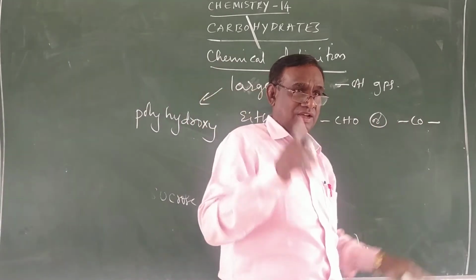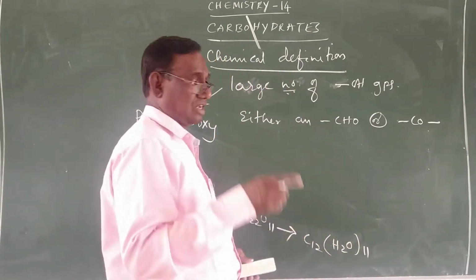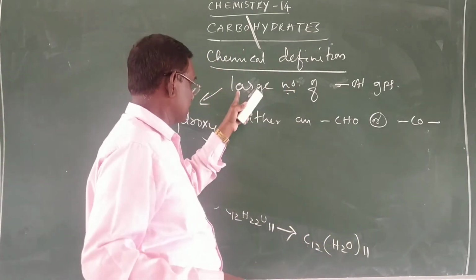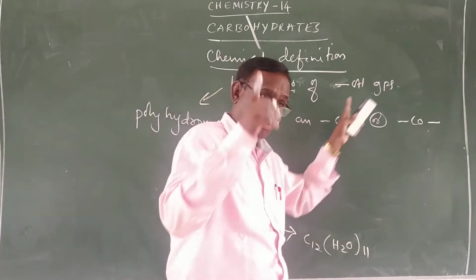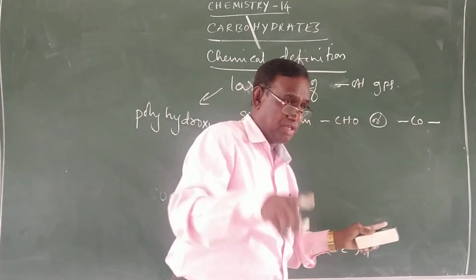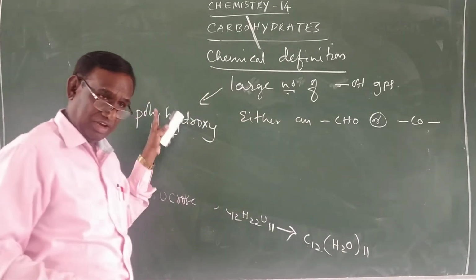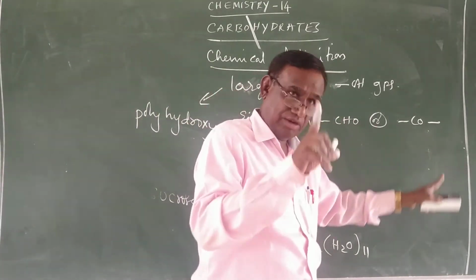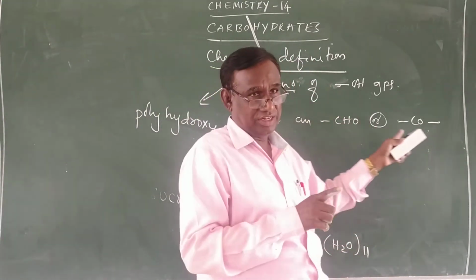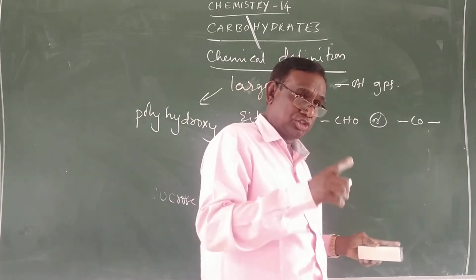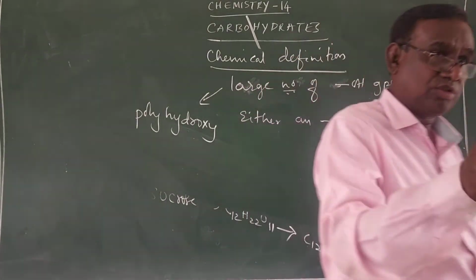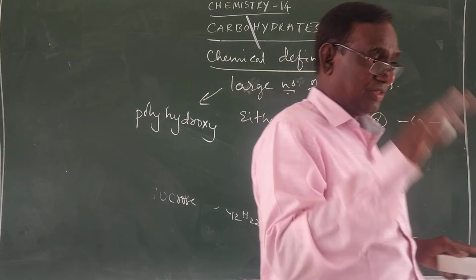We come to the conclusion that carbohydrates are chemically defined as, since they contain a large number of OH groups with one aldehydic or one ketonic group, polyhydroxyaldehyde or polyhydroxy ketone. Either one you have to write. That means the carbohydrate should contain either an aldehyde group or a ketone group, not both. So for this reason, it is called the